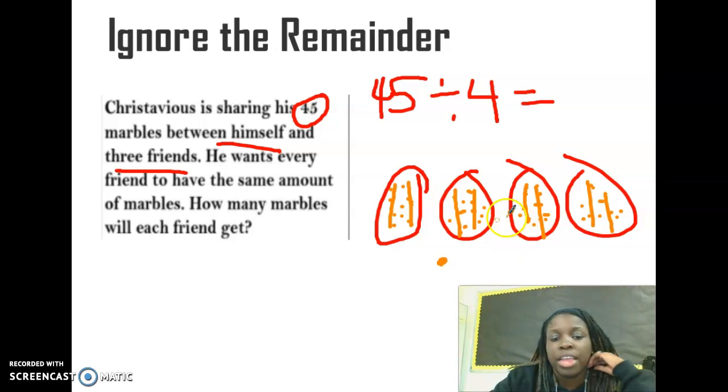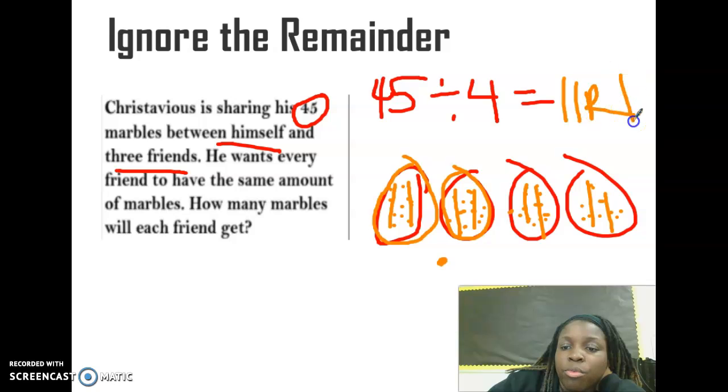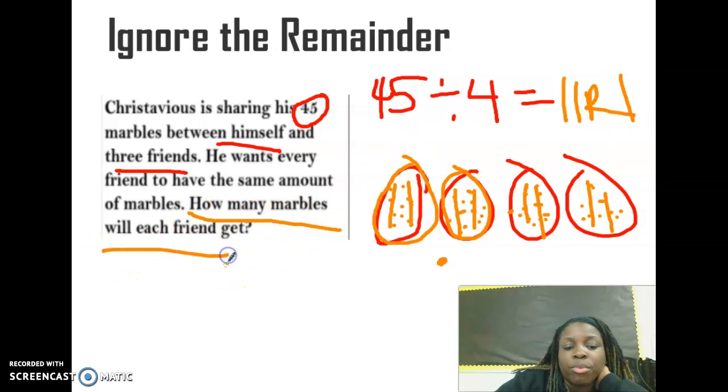So he wants every friend to have the same amount of marbles. So how many marbles will each friend get, including himself? So each friend will get, we know the answer is 11 remainder 1, but we want to know the actual answer. So how many marbles will each friend get? Each friend will get